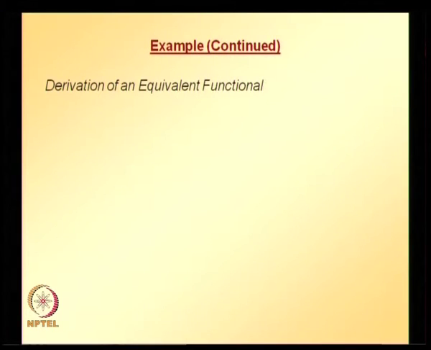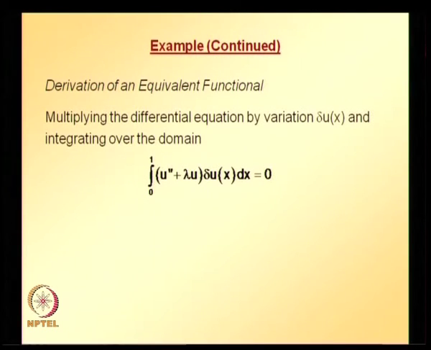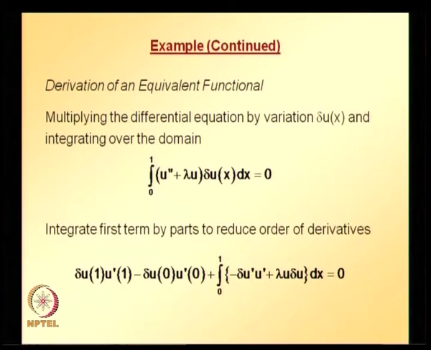So, the derivation of the equivalent functional proceeds in this manner: multiply the differential equation by the variation of the quantity that you are looking for, that is variation of u, integrate over the problem domain, and a second order derivative is appearing, the first term has a second order derivative. So, the story is the same, integration by parts you need to apply to reduce the order of the derivative,